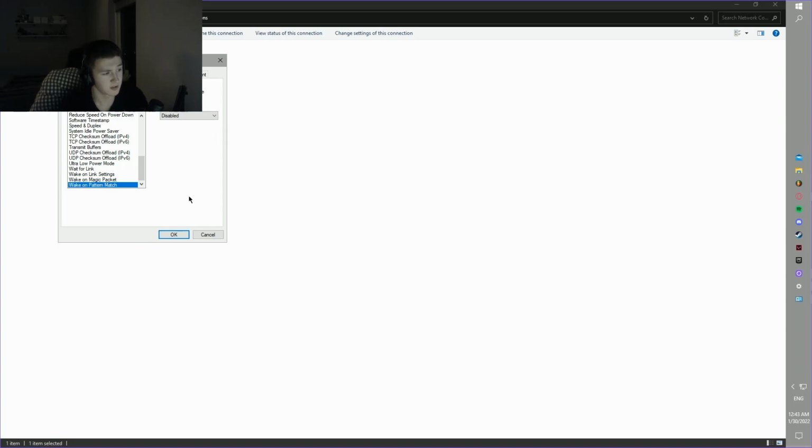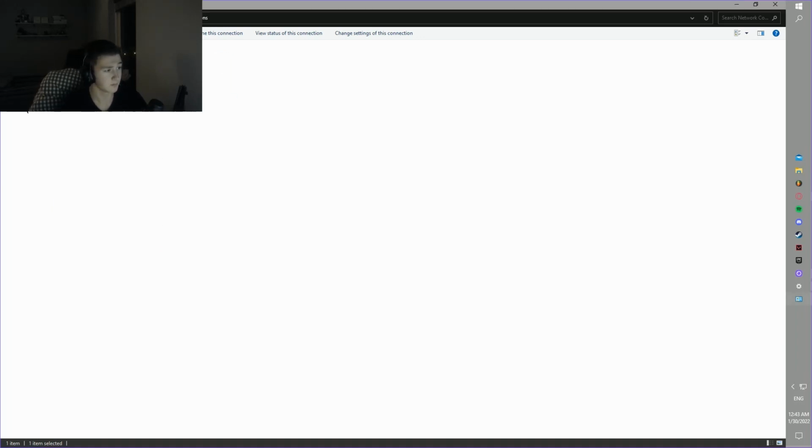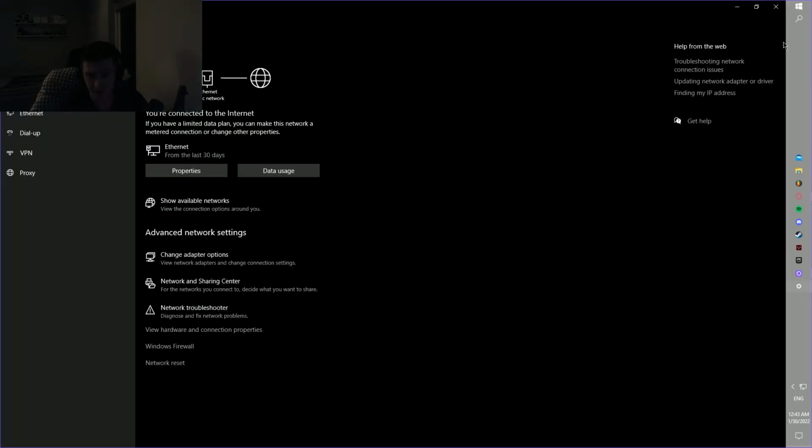It's very important that you turn all of the power saving ones off, because they'll reduce your speeds and increase your ping. So yeah, turn all of the power saving ones off. But yeah, we can exit out of that. And the next step is actually